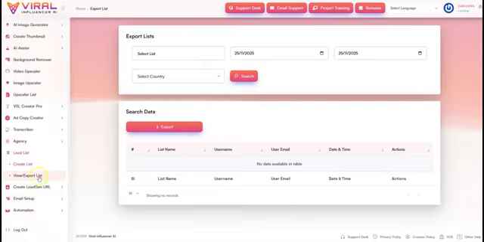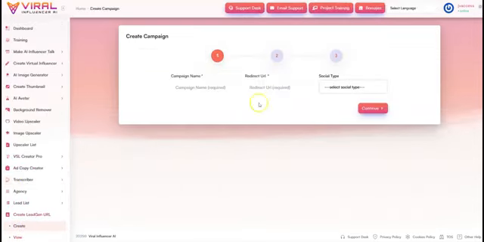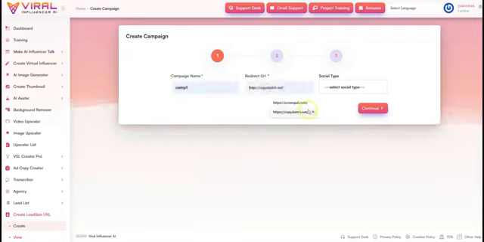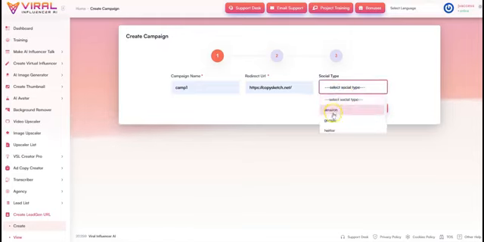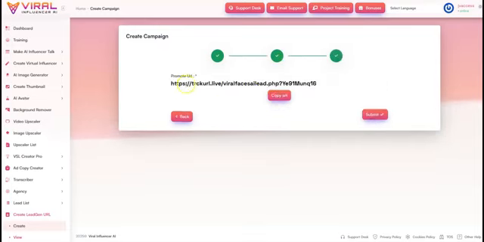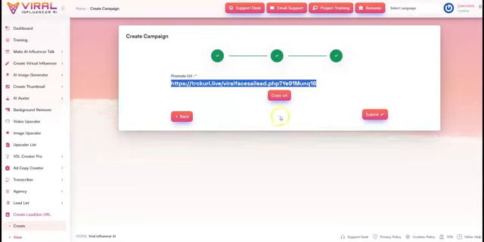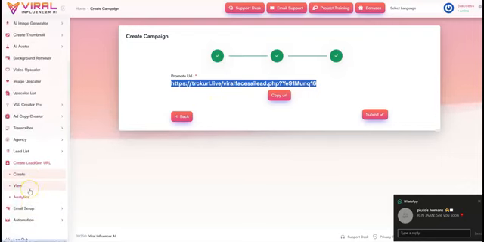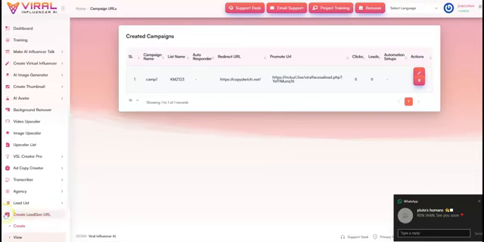Okay. And the next option that we have is create lead gen URL. So you can get started by creating a lead gen URL right over here. So this will be your promote URL code for Viral Influencer AI. And again, that'll go back onto your